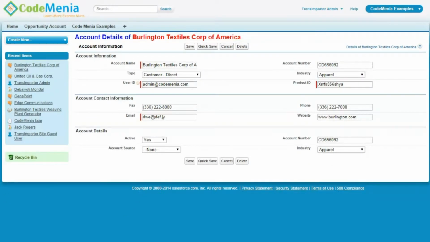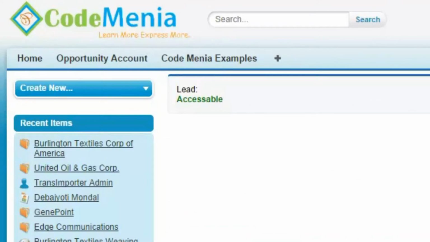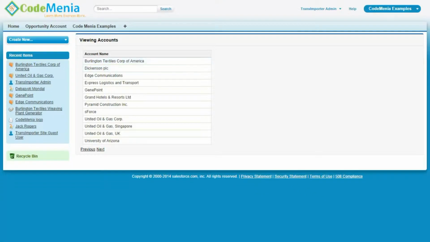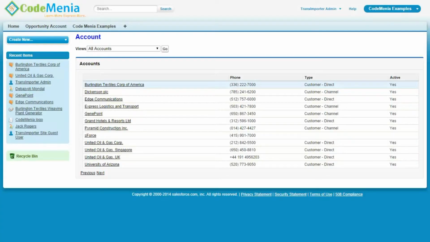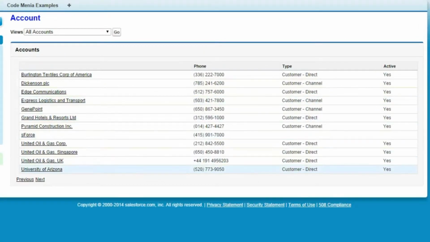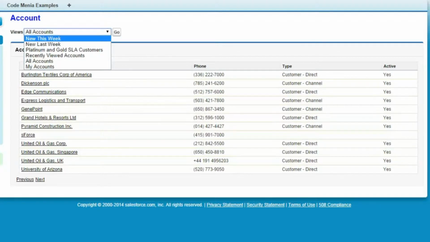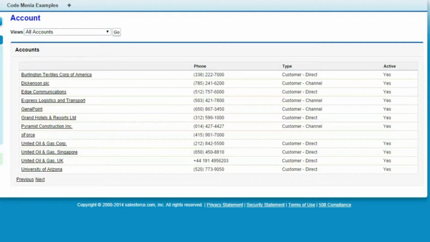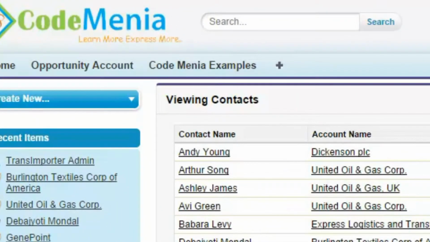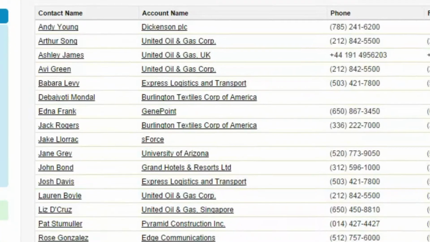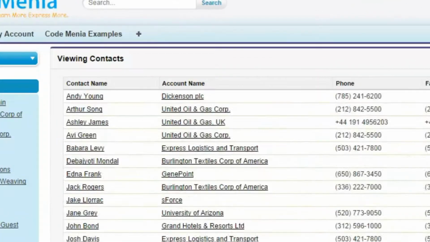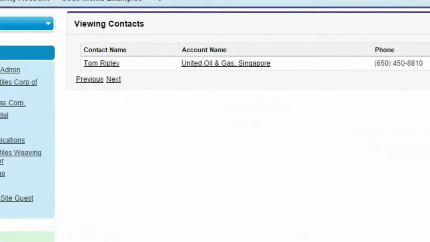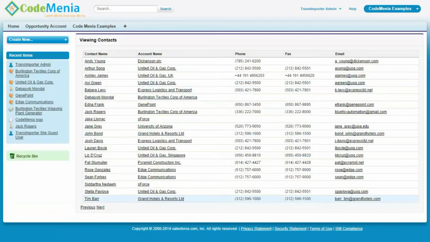Using the standard controller we can check the accessibility of any object for any profile, or you can display the records in a page, or you can design a custom tab page for a particular object where you can access all the standard views. Also you can access the records and display them in a particular Visualforce page, and also you can design pagination, placing next or previous buttons in the page.